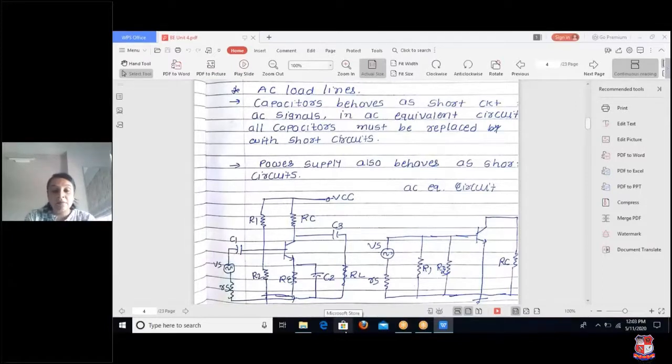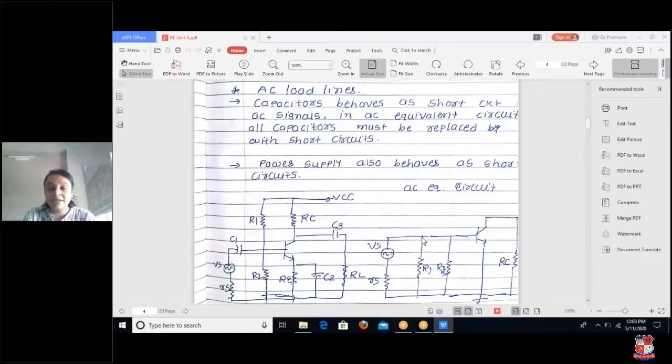Now this configuration is converted into the AC equivalent circuit. So how do we draw the AC equivalent circuit? First we put the source as it is, then also put the resistances as they are. Now the second component is a short circuit. Short circuit means it is directly connected to the next terminal. Whenever we use a short circuit, the line is closed, and whenever we use the term open, it means the circuit is open.